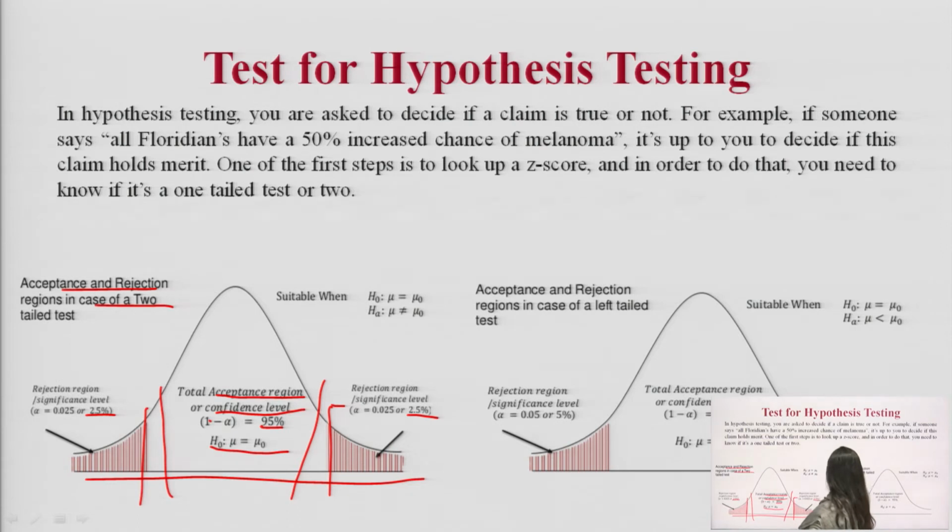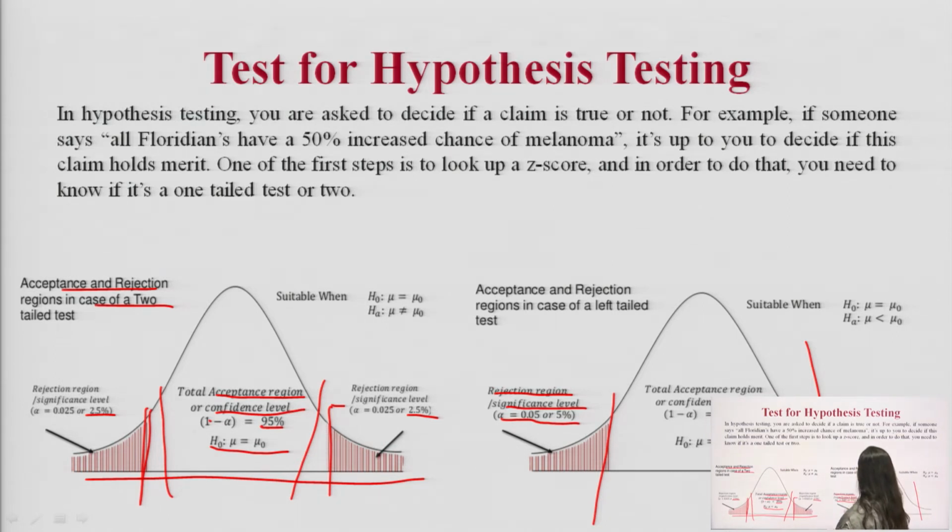Then if you talk about the one tail test, you have seen here that if you are taking the 5% significance level, it is split into two, with 2.5% at each end. But in the two tail test, the whole 5% is placed at one point, either at the starting point or at the end part. This shows the rejection region, and the significance level alpha is the probability of the